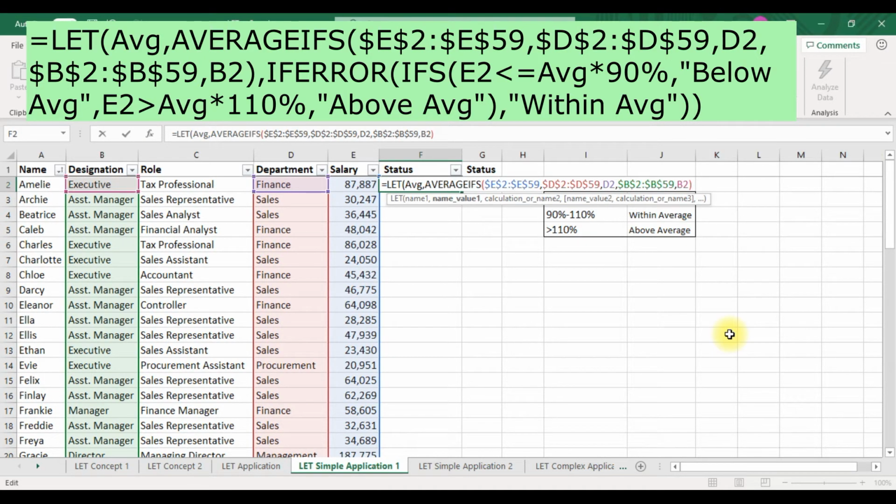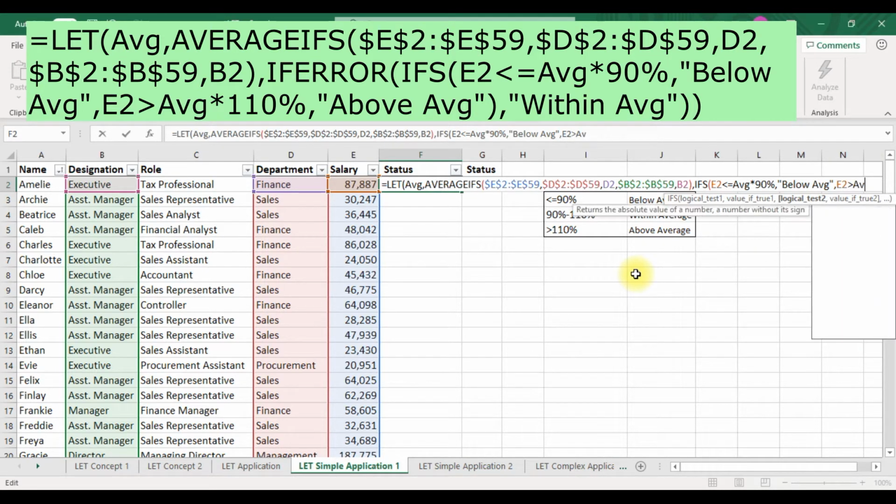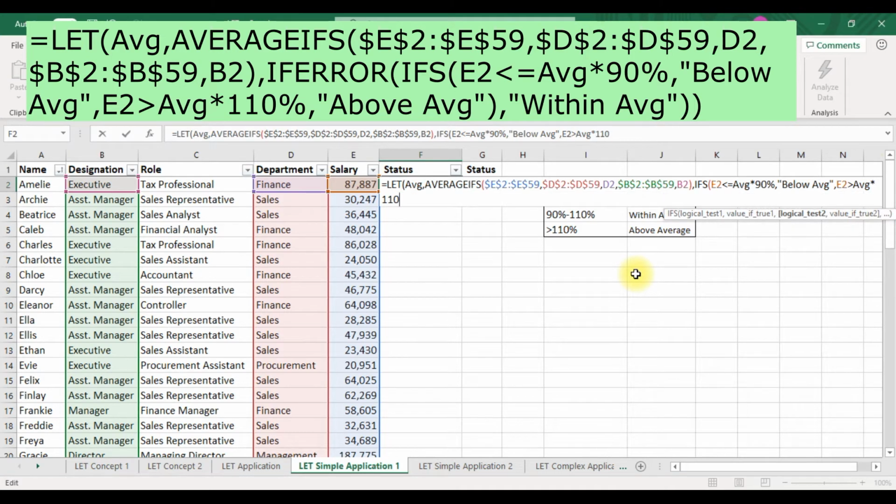The calculation I want to perform is, just close the bracket, IFS the salary mentioned in cell E2 is less than or equal to average times 90%, then give me below average. And if the salary mentioned in cell E2 is more than average multiplied by 110%, then give me above average.